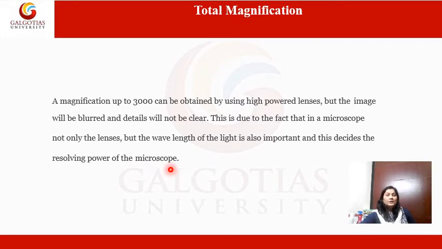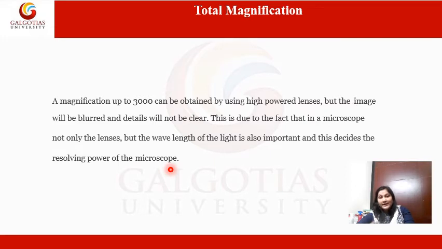Okay, now suppose you have taken a pic from your mobile and you enlarge that image slowly. What will happen? Up to some extent your image will be pixelated or blurred. And this actually decides the resolving power of the lenses that are used in your mobile. Similarly, here magnification power only magnifies the image, but the magnifying power is not able to give better resolution of the object after some limit.